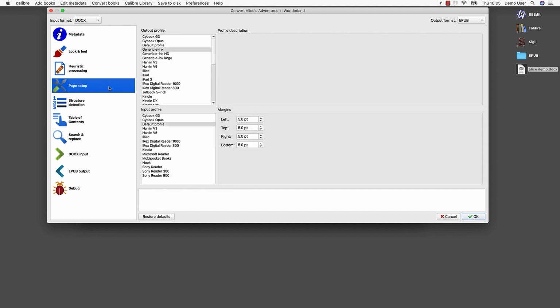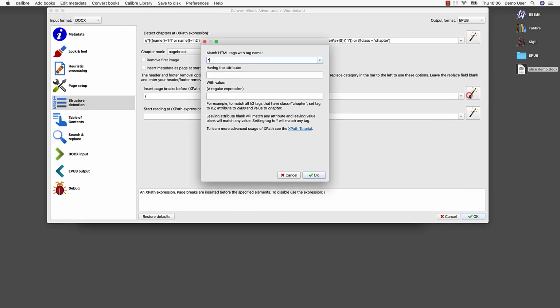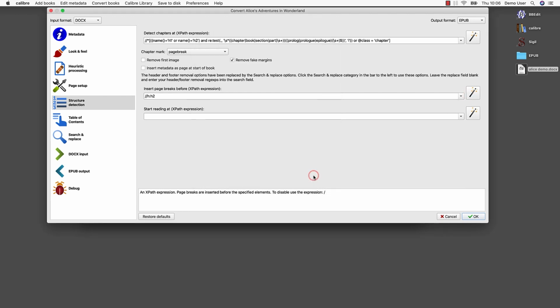With page setup, we can optimize the layout for specific readers. As we want a generic document, we choose the default input and output profiles. Structure detection allows us to set additional information to build the structure of the document. For our needs, we want to have a new page at every Level 2 heading.